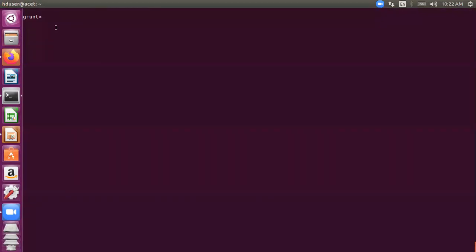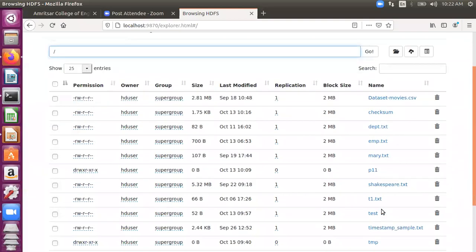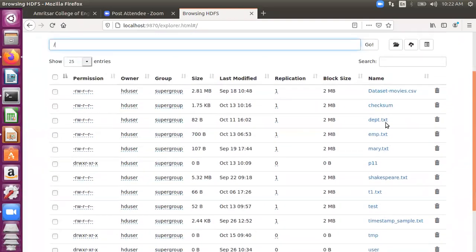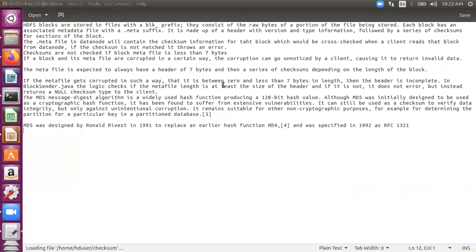So let's pick up a file from our file system. Let's see the distributed file system first. Yeah, there is a checksum file. Okay, there is a file checksum. Let's look for that file here also. It'll be here somewhere. You see, there are many words like HDFS starting with H, blocks starting with B, like this.